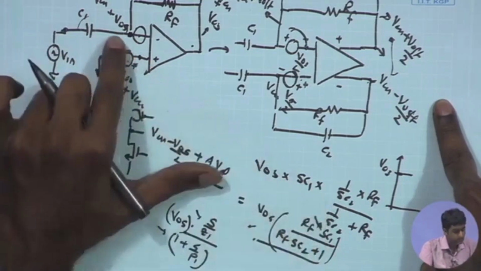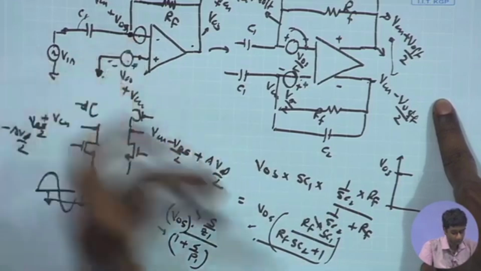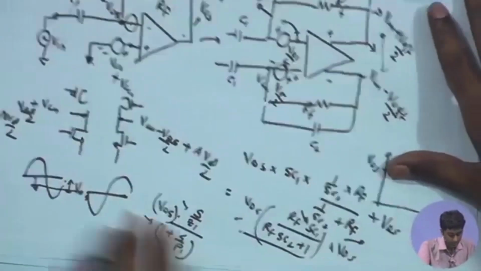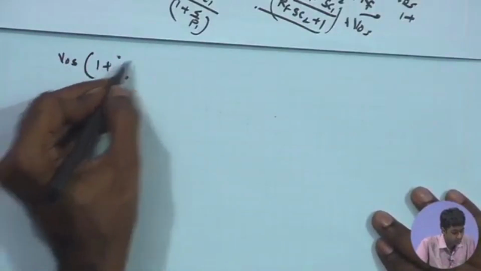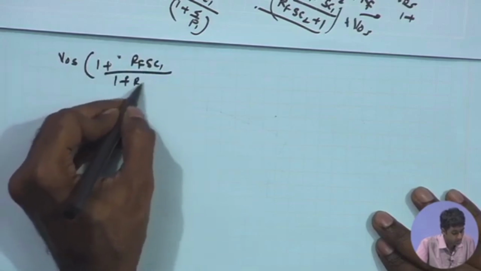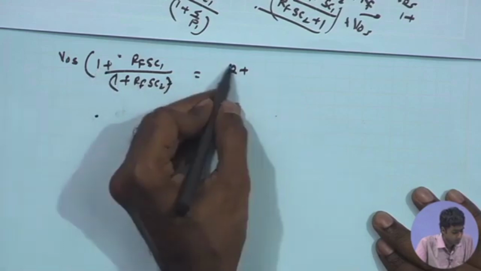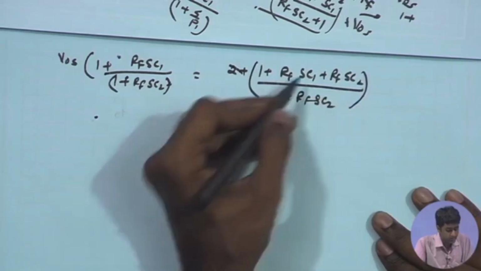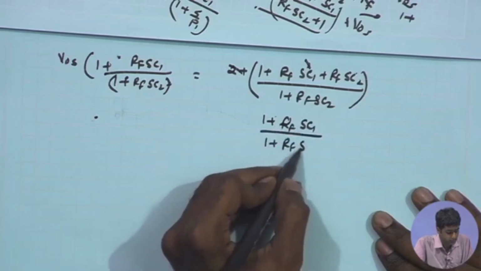So, if I see the V offset over here, and the potential over here is V offset times SC1, this is the current, and then you have the V offset plus this. So, you have the overall transfer function coming as V offset times 1 plus RF SC1 upon 1 plus RF SC2, plus 1, and as a result, under the denominator I get 1 plus RF SC1 plus RF SC2 upon 1 plus RF SC2, and here I know that my C2 is going to be much smaller as compared to C1. I can ignore that 1 plus RF SC1 upon 1 plus RF SC2, and then the